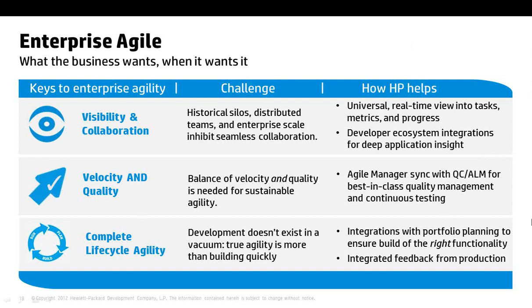Now, as we talk about velocity, I keep emphasizing about quality because this is where our roots are in. As HP Software and Mercury erstwhile, we are leaders in providing quality management for the enterprise. And the quality management system, the quality center or application lifecycle management, integrated with Agile Manager, which is the solution that I will just introduce, will help us in the process of continuous testing and also enabling visibility across all the metrics across development and testing.